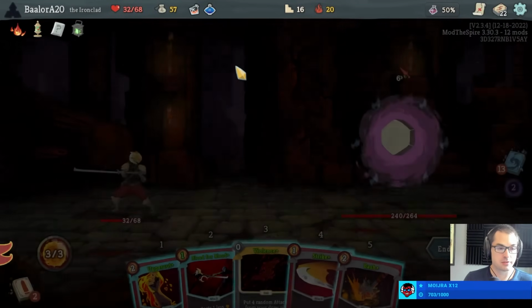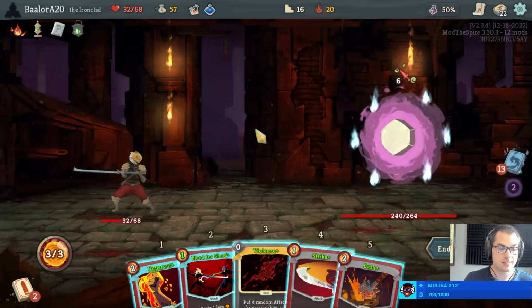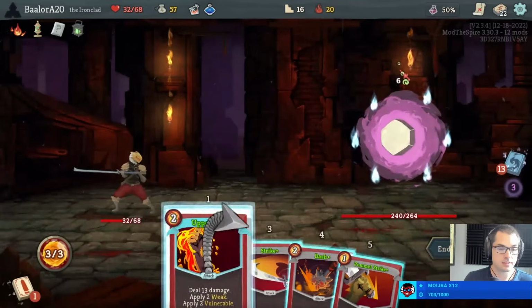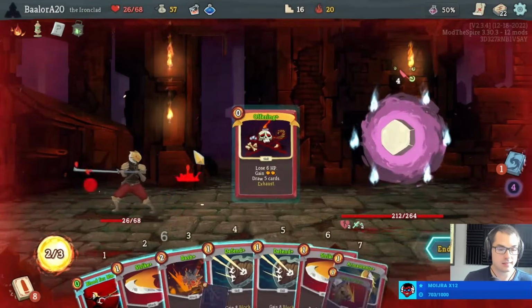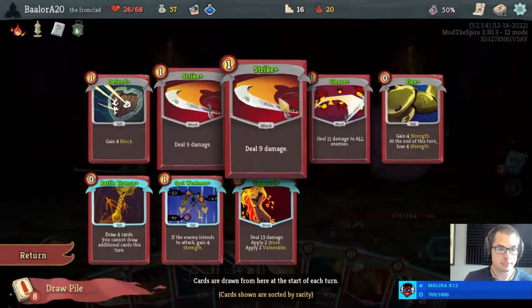Violence draws Pummel Strike, draws Offering, which makes Blood for Blood free. I'm probably just going to do that. So let's go... Yeah, let's go Uppercut, Pummel Strike, Offering, Blood for Blood, Pummel Strike,